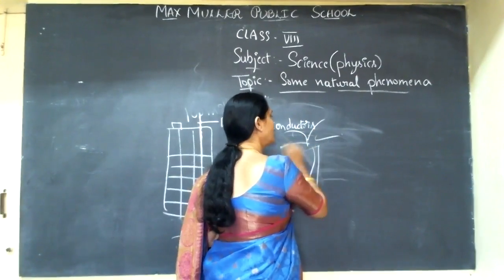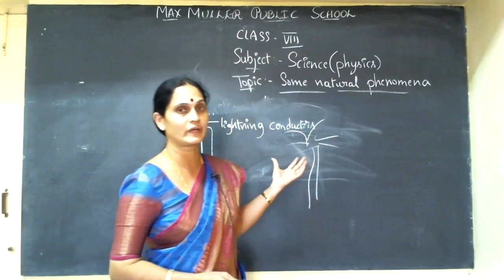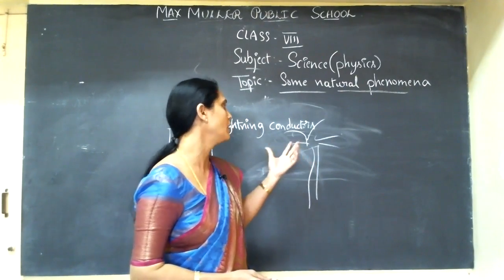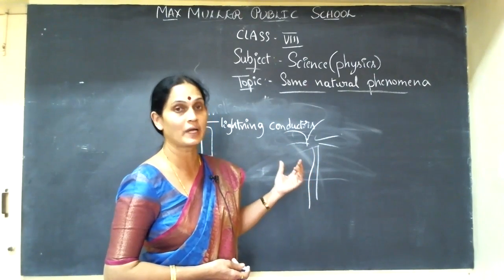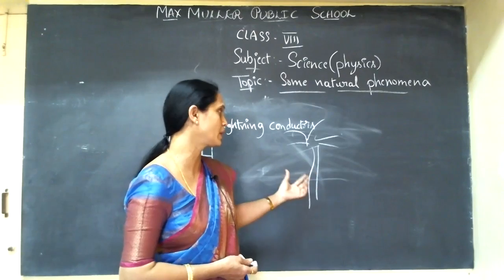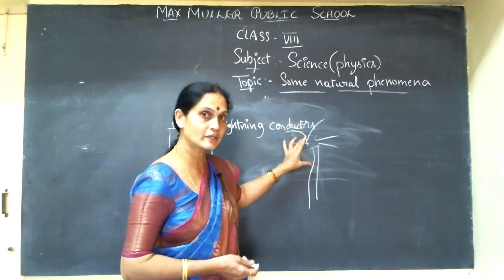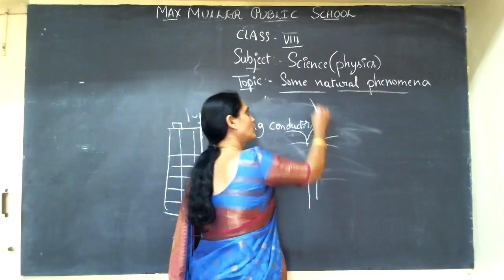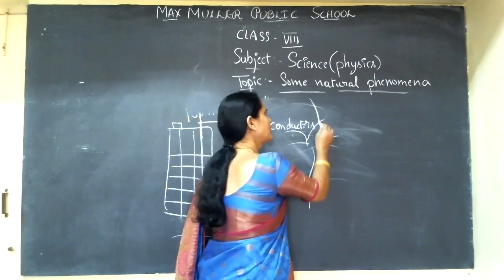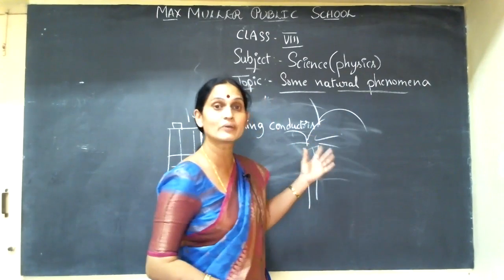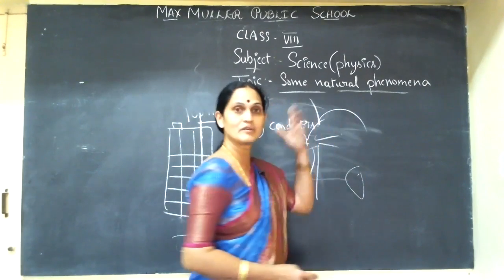So even tall buildings and tall trees, you know, tall trees means coconut trees. We all know a tree is wood. It is not a good conductor of electricity. You may ask why we shouldn't stand near the tree. The tree is a bad conductor of electricity. When the electrons fall on the leaves, the tips of the tree, immediately they jump because it is not a good conductor. So when we stand nearby, the electrons will fall on us.